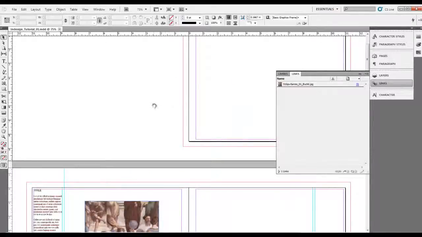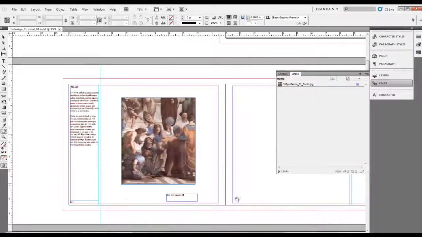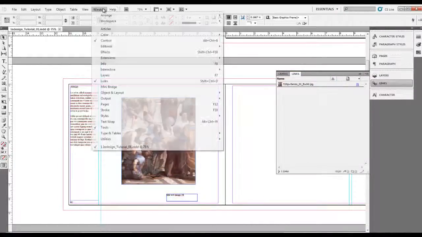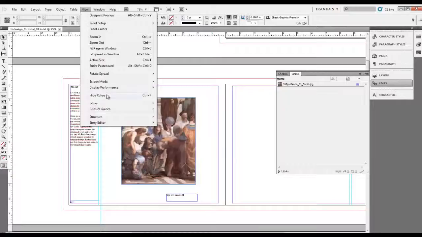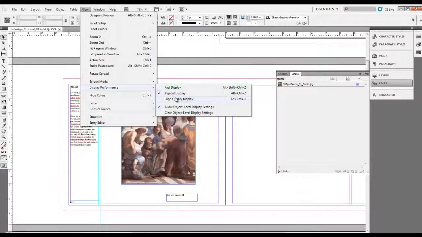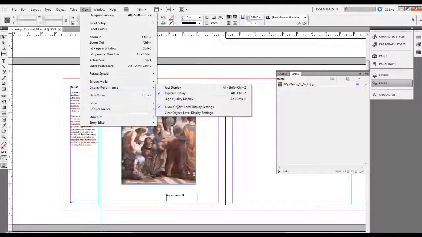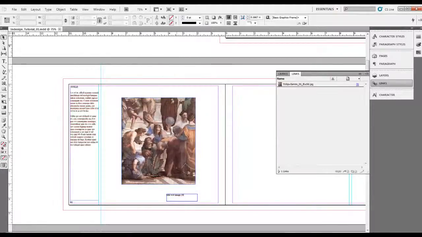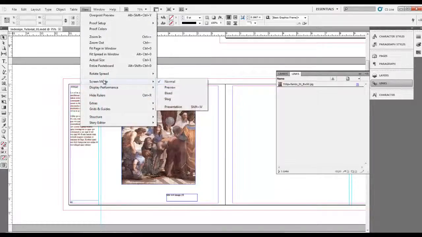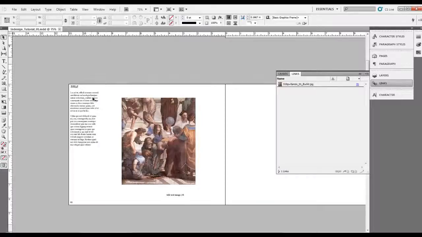Also, just as a note to preview your work and to see how it's looking and will be printed, if you go to View, Display Performance, you can see it as it's always brought in a lower resolution, so you can go to high quality display and it'll read it at the true resolution, but it takes a lot of processing power. Then you can also go to screen mode and you can go to preview and it'll hide all your guides for you. And then you can also go to presentation and flip through it individually and see how it would